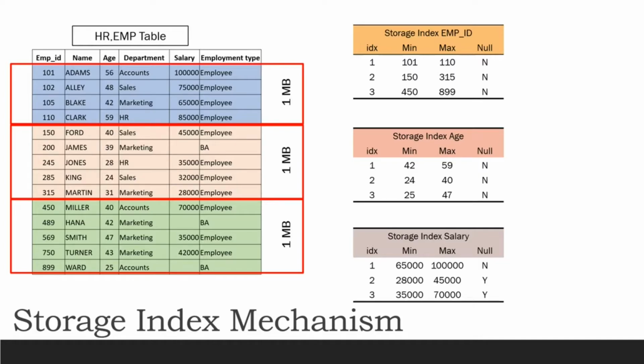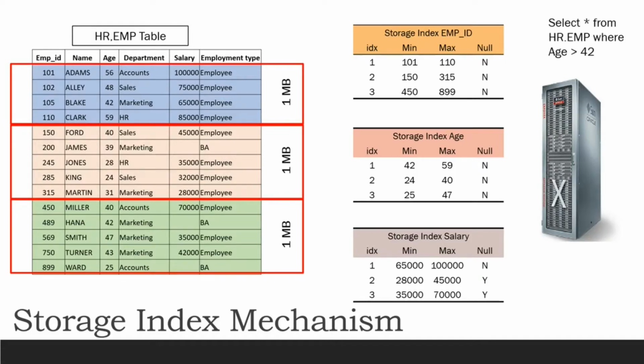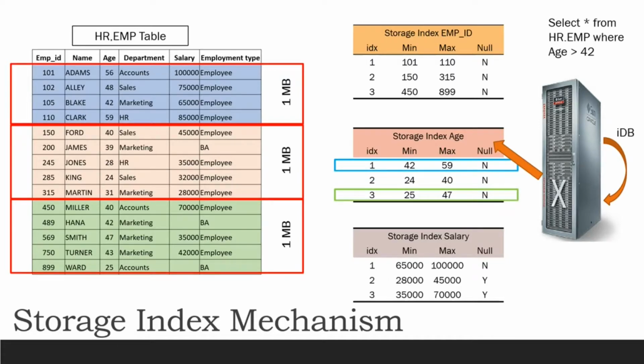So this is how the storage indexes are organized on top of the table. It is completely dynamic and you don't have any control over which columns the storage indexes are created on. Whenever you run a query on the Exadata server, the request goes to the storage server using the iDB protocol. When the iDB protocol passes it to the storage server, the corresponding predicate, the where condition, also gets passed to the storage server. So the storage server has an idea of which column and which condition I need to fetch. Using that, it refers to the storage index and the corresponding data blocks of the table.